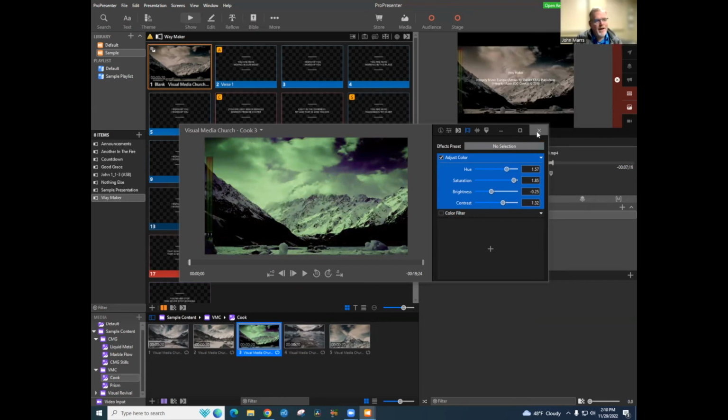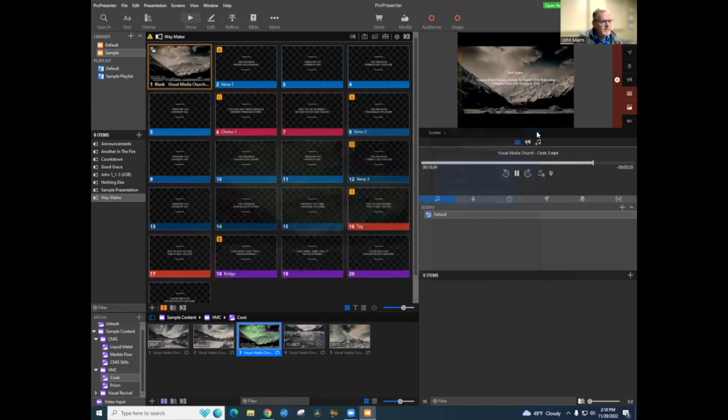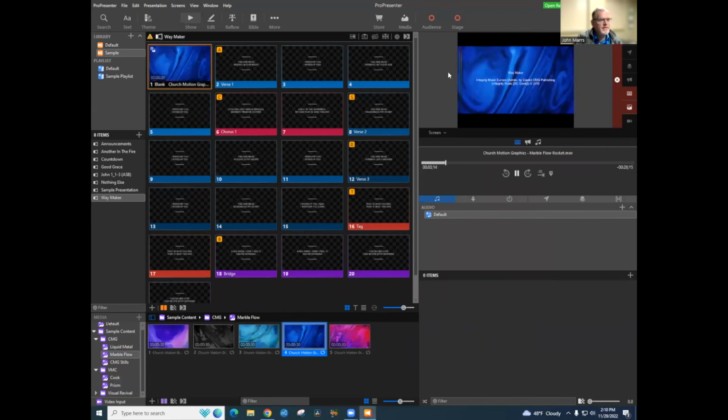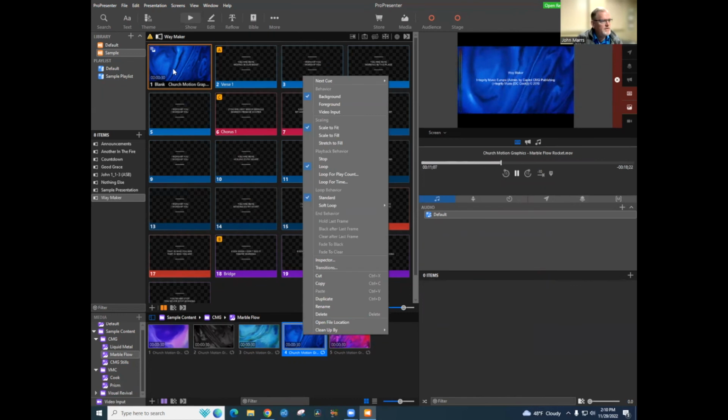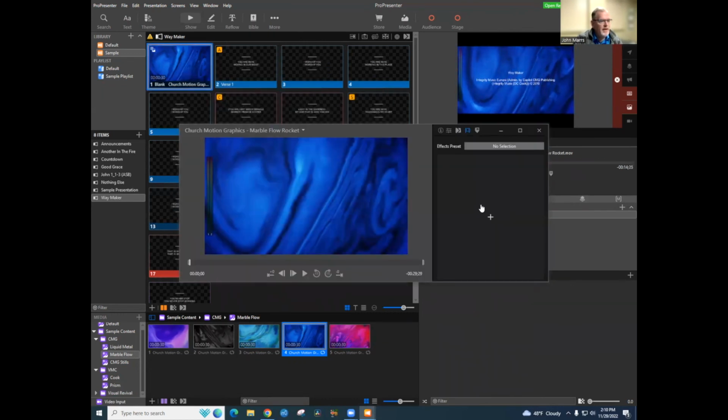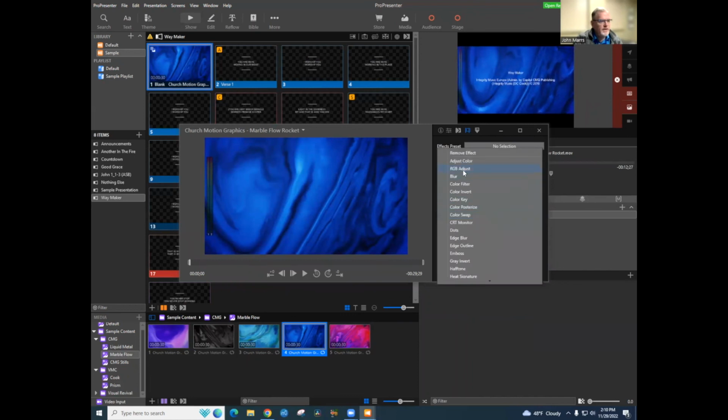And this might not be a good example with the white snow and the white clouds background. But let's take a look at a different one, for instance. Let's look at this blue graphic here and dump this in. So this looks really good as is. But maybe we've used this blue one a whole bunch of times. Maybe we want to do something different, like, hey, let's keep using this blue background that we like, but let's do a color filter on it